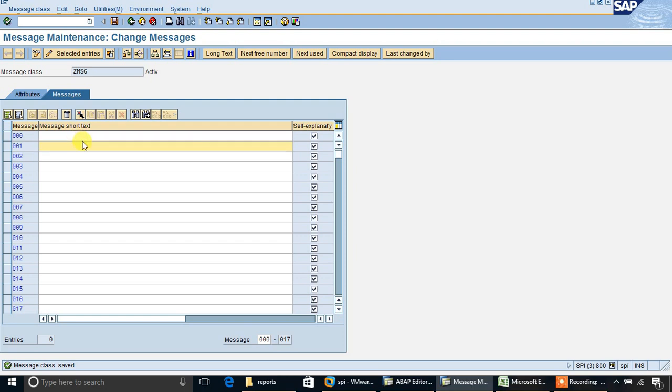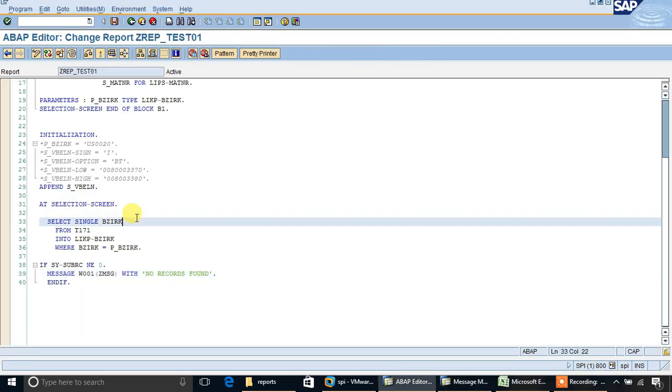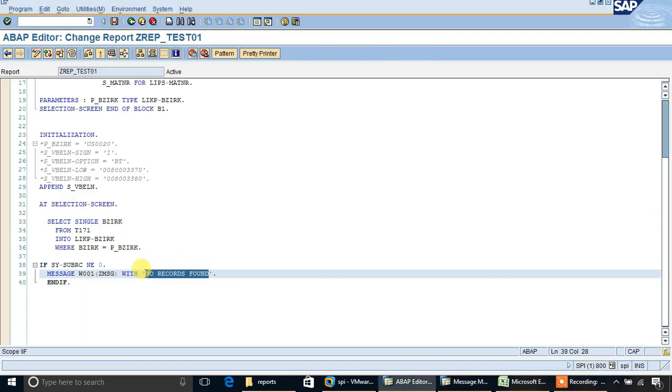Here we write descriptions of many messages, like no records found.